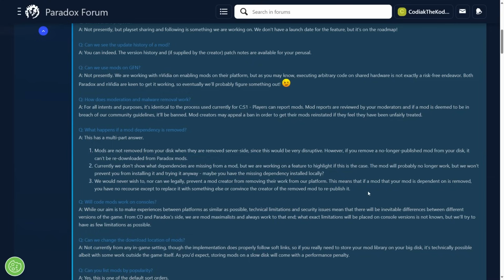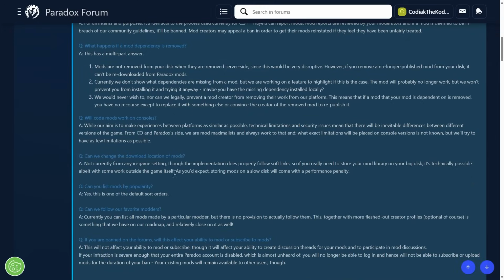So basically what they're saying is, let's say you make a school. This is a real life situation that happened to me in Cities Skylines 1, where I downloaded a school asset, and that school asset was using a school bus prop, but the school bus prop was removed from the workshop. There's no reason why Colossal Order Paradox Mods would not allow you to download that school asset still, even if the bus prop was removed, because the asset might still function properly, it just might be missing a prop. So that's essentially what they're saying here: if the dependency or some kind of asset that's included in it is removed, that doesn't stop people from downloading your mod, and that doesn't stop you from accessing it just because one little thing might not be there.